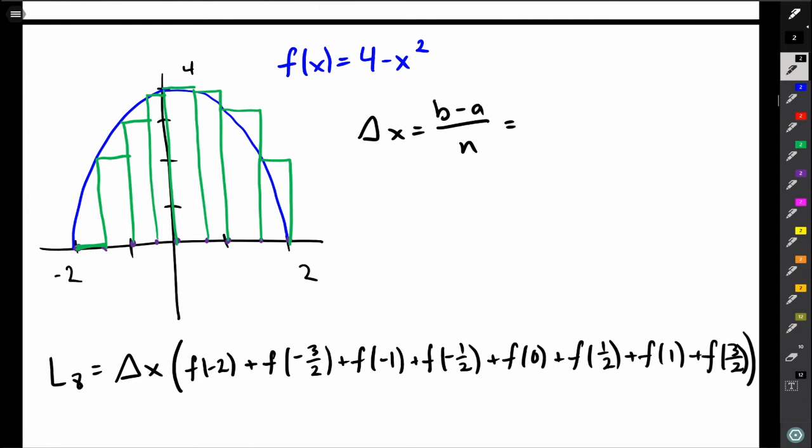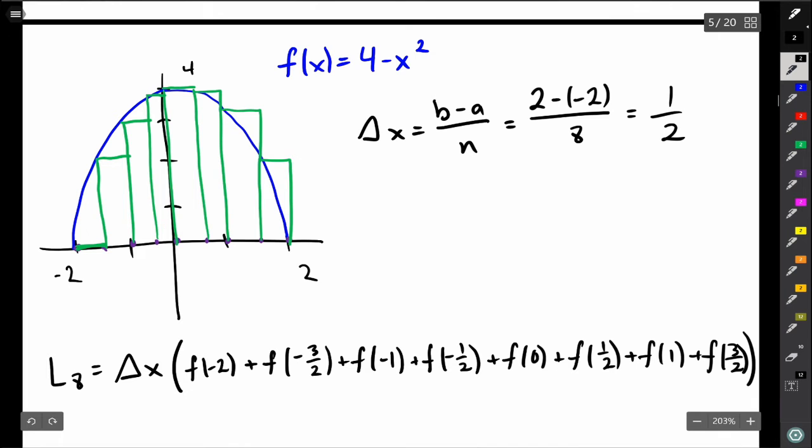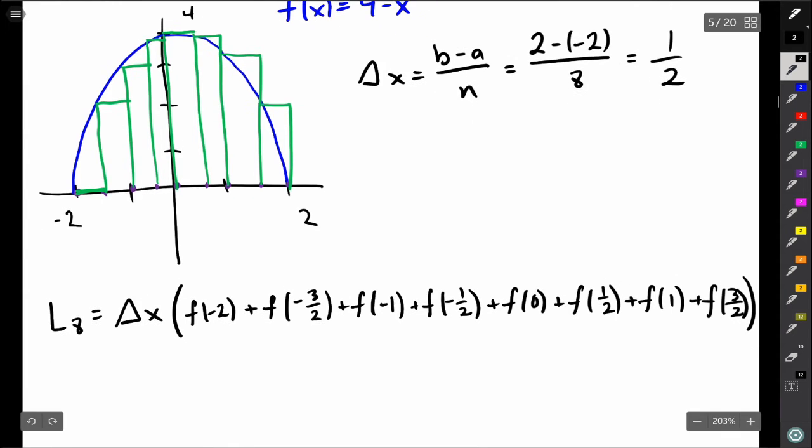So b minus a over n, what does this mean? It means take your endpoint minus your start point. So this top here is how long this interval is. And then n says how many pieces to cut it into. This is going to be 2 minus -2 over 8, which in this case works out to be 1/2. All right, so now we just have to